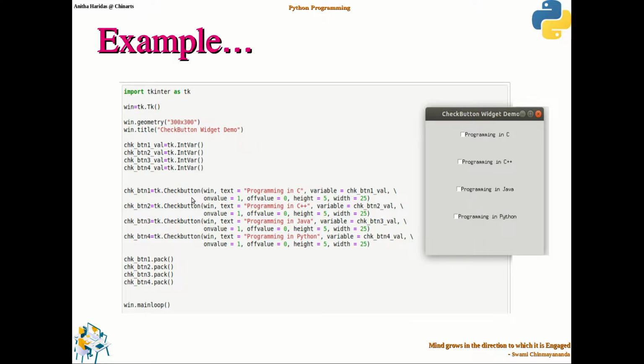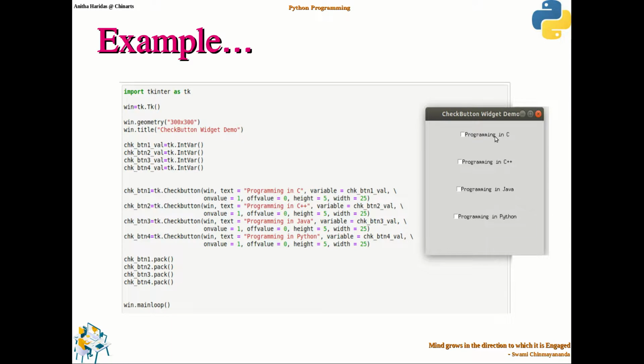So tk.Checkbutton will create the check button object. Then you have to specify the parent window. That is why I am giving win as the parent window. Then the text will be what text you want to display here near the checkbox. That is what the text option is.